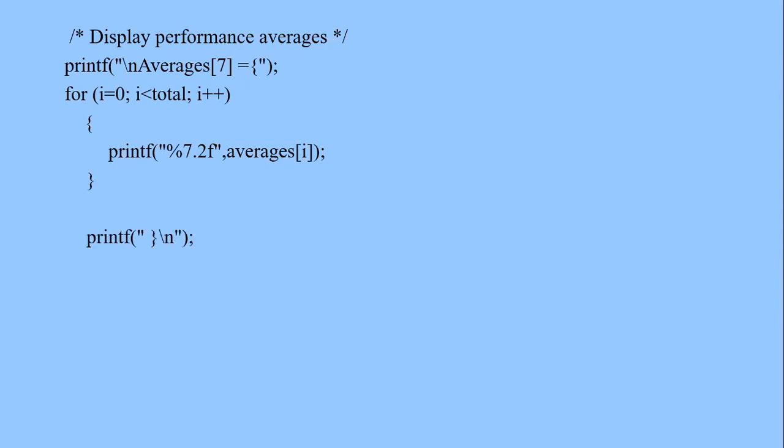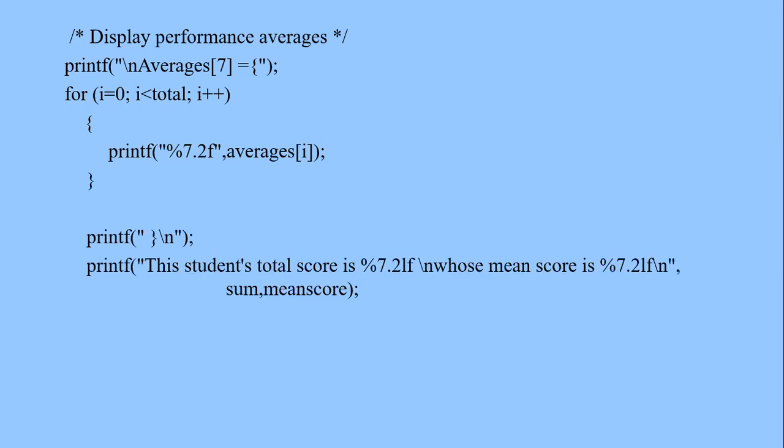And then we display that brace, and we drop down 1 line below. We drop 1 line below, and then we display this statement. This student's total score is, we pick the content of memory location called sum. We formatted 7 characters, but 2 reserved for the decimal point. We display it at that position where we have